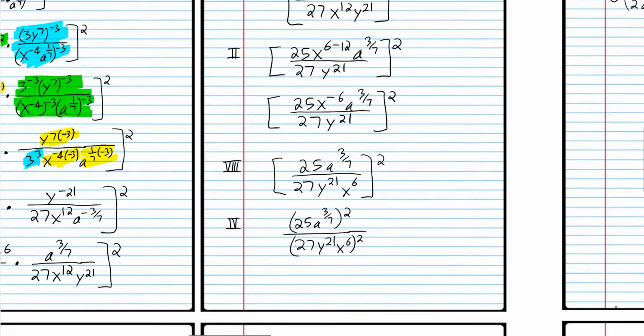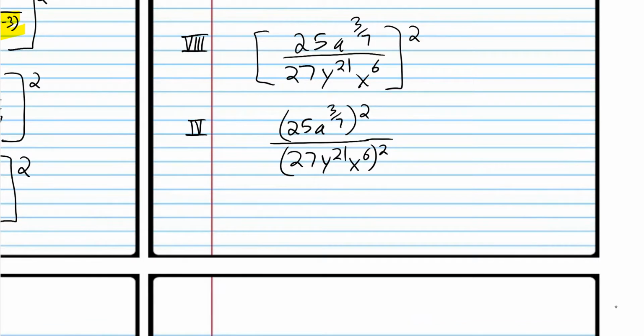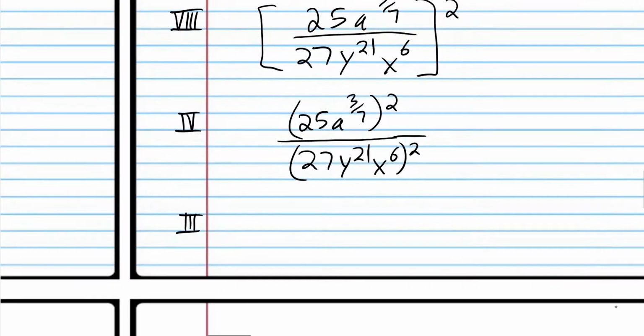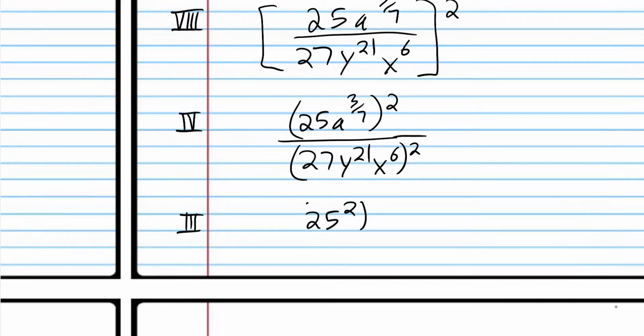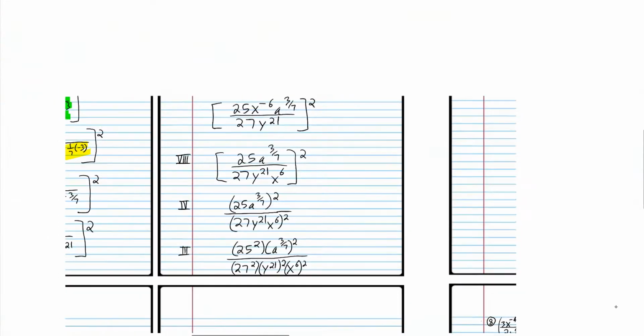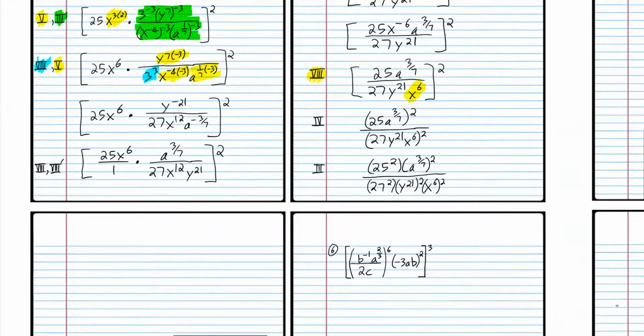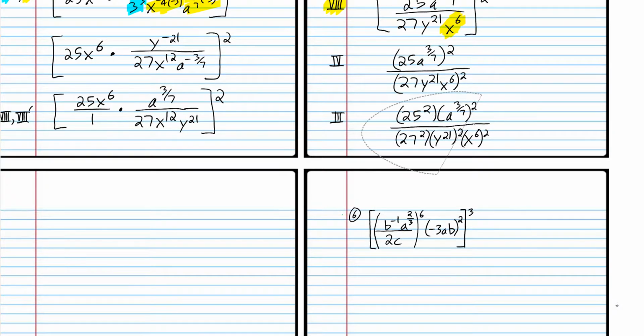Okay, and now we're going to have to use rule number 3, because we have products raised to powers. So we're going to take the first number in the product, raise it to that power, multiply by the second number in the product, raise it to that same power. Same thing on the denominator, 27 to the second power, y to the 21st to the second power, x to the 6th to the second power. Okay, and let's see here. We might have to buy some more space. Okay, now that we have more space,